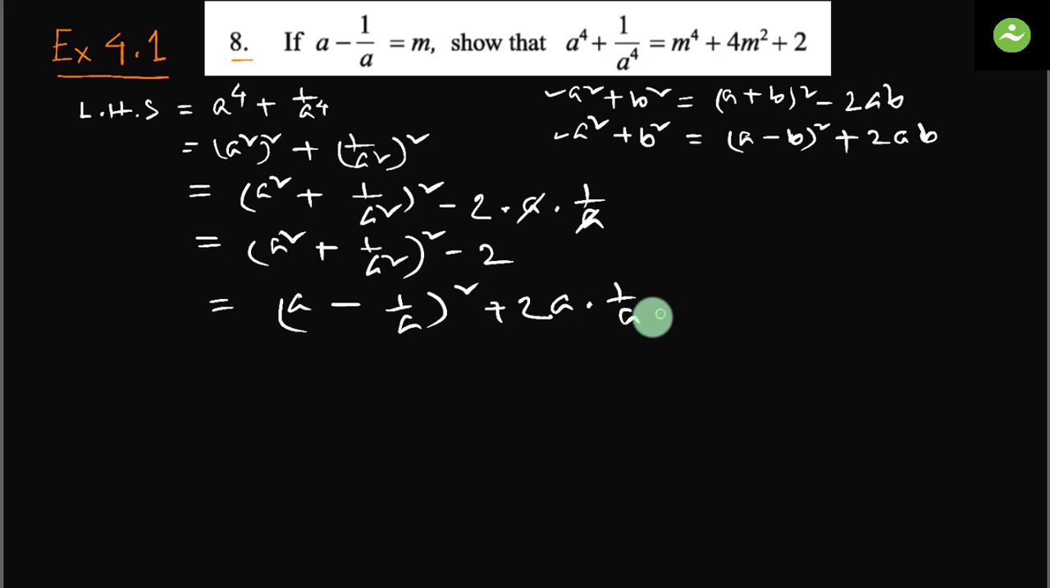b means 1 by a. Then you see there was a whole square. Now we put the second bracket and put the square, and there was a minus 2 outside. Let's put that minus 2. Now we got the value. It is a minus 1 by a, and we can put the value m. So this should be m square, and simplifying, plus 2. So if we put the value m,